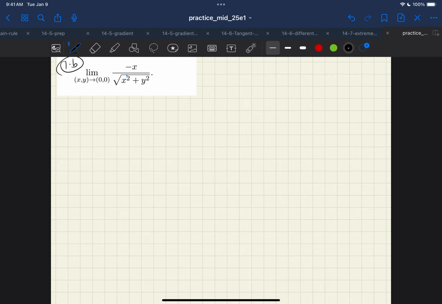For here, substitution obviously gives 0 over 0, so it's useless. Then we try to simplify this function, but there's no obvious way we can simplify it. So now we're going to try to prove the limit does not exist by using